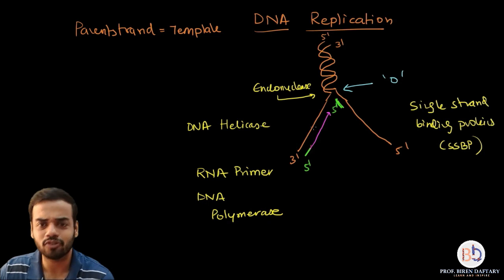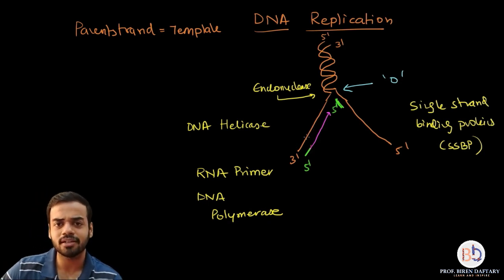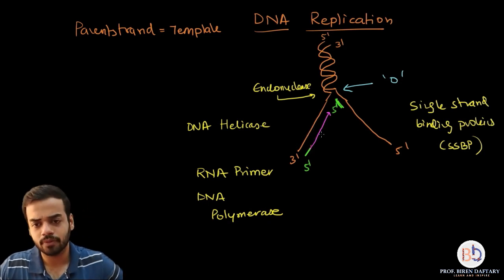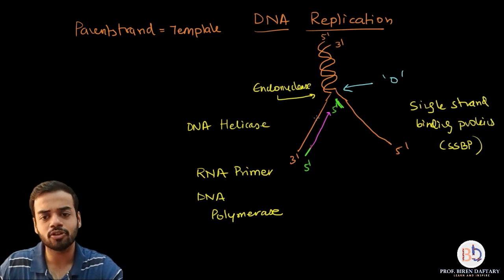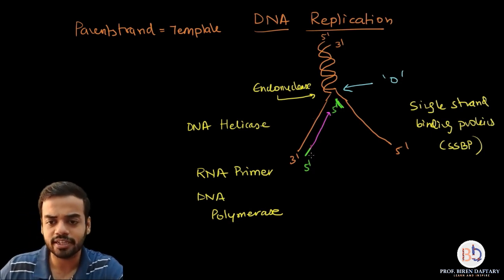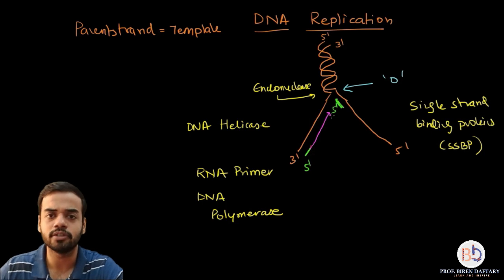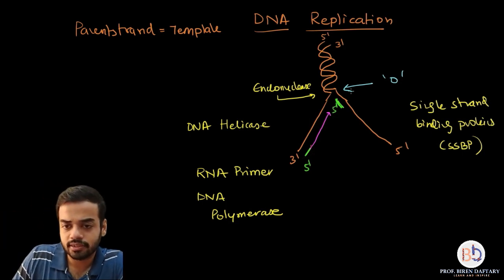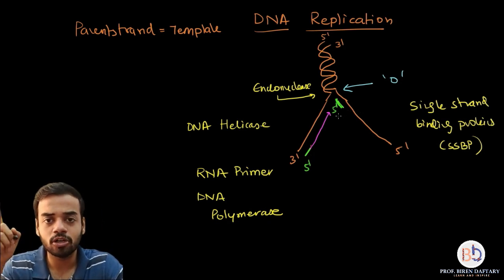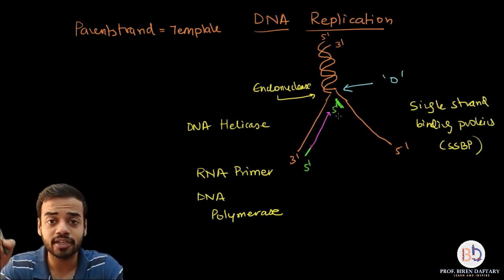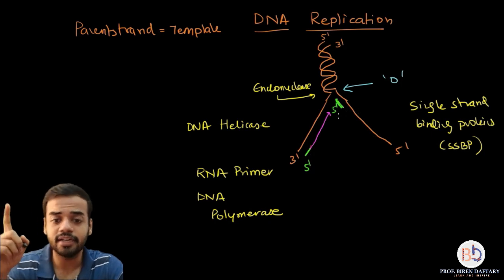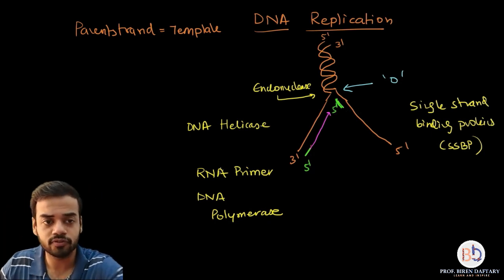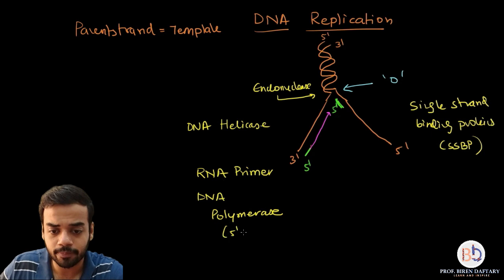Now you know the meaning of complementary. If there is A on the template, the complementary will be T. Okay, if there is G on the template, complementary will be C. So one strand will be formed like this going upwards. Okay, what is going to happen over here is, please remember, DNA polymerase always creates a new strand only in one direction, and DNA polymerase always works in the direction of 5' to 3'.